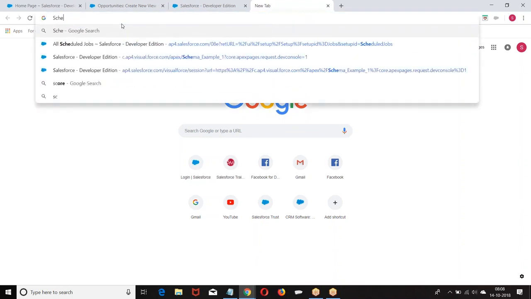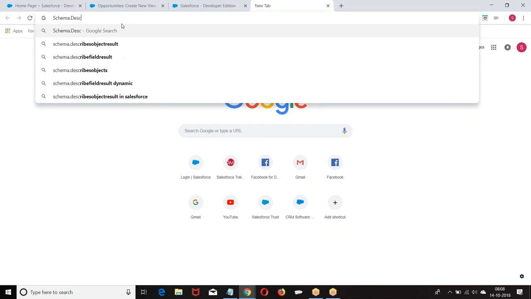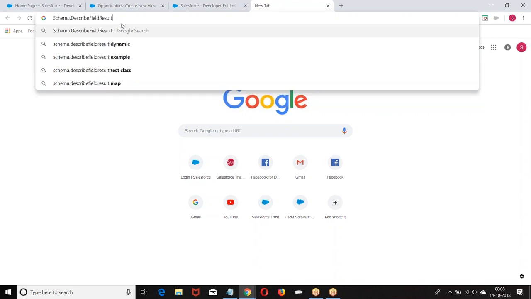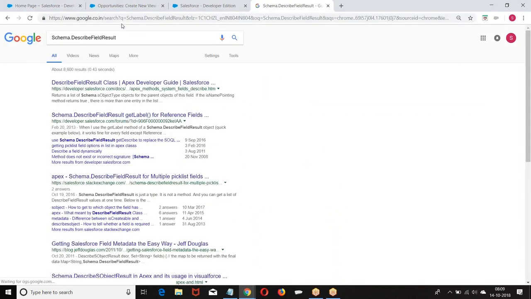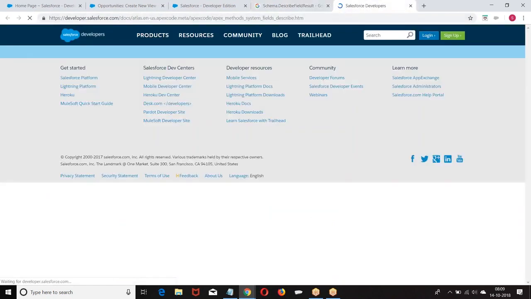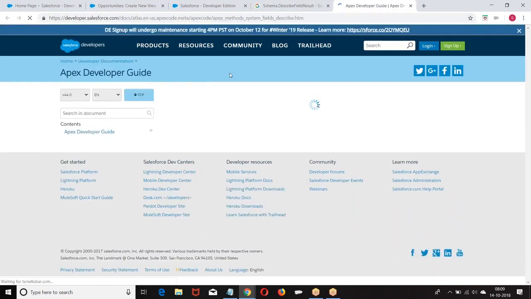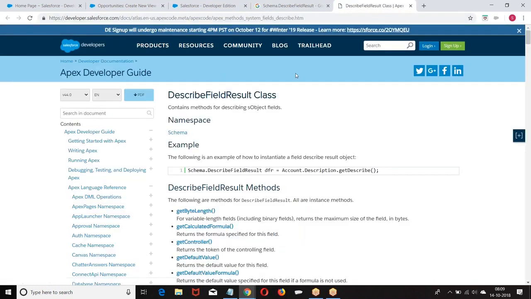Now, if you want to go for it, we have schema dot describe. If it is an object, I told describe S object result. If it is a field, describe field result. If it is an object, S object result. If it is a field, field result. In the field result, again we have what? Number of